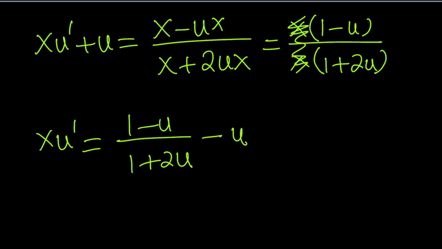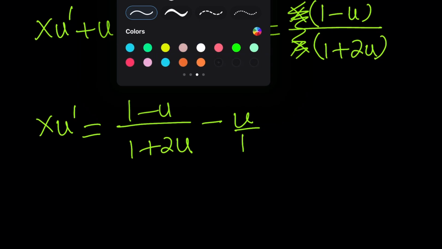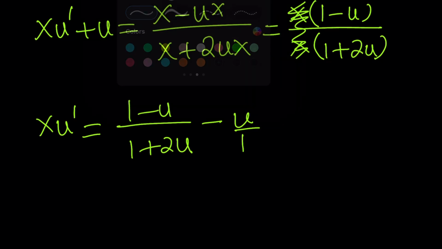So I subtract u from both sides. And now we should be able to get something in terms of u here. So let's go ahead and make a common denominator. And that can be done by putting a 1 here and then multiplying the top and the bottom by,